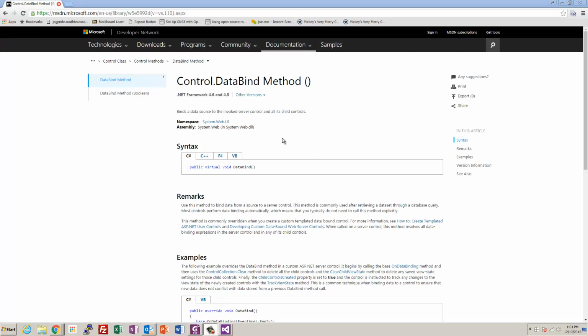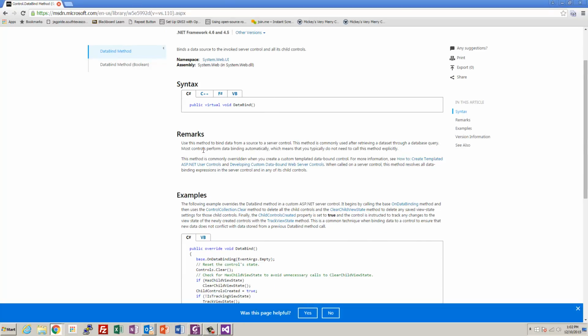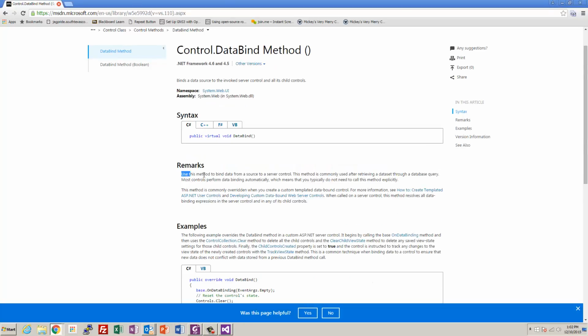Okay, so here's the description for the data bind method, and I think this was what we needed. Use this method to bind data from a source to a server control. This method is commonly used after retrieving a data set through a database query. Most controls perform data binding automatically, which means that you typically do not need to call this method explicitly. But in our case, because of the fact that